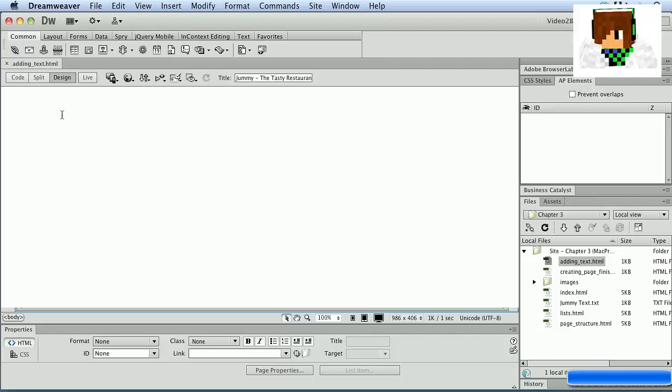Now, at the most basic level, we can really just start typing here. I'm going to type in here, Jummy the Tasty Restaurant. And it's as easy as that. I press return, and I've got a new paragraph, and I can just keep on typing. So it's pretty easy. But again, to get text into our web page, I'm going to go ahead and delete